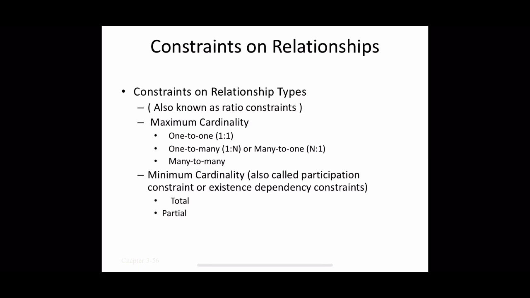We will refer to the cardinality ratio and participation constraint together as the structural constraints of a relationship type. In an ER diagram, total participation is displayed as a double line connecting the participating entity type to the relationship, whereas partial participation is represented by a single line. We can see an example of that in the company schema we are going to design.